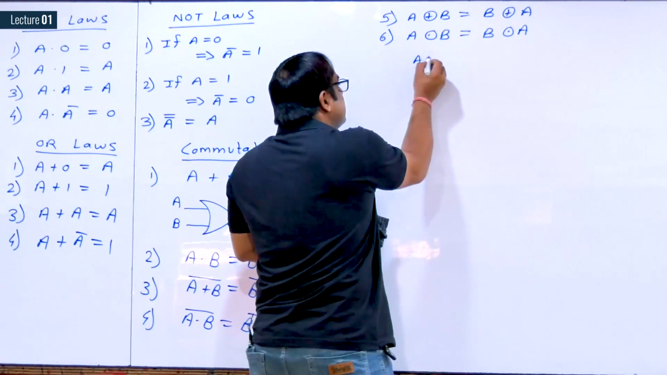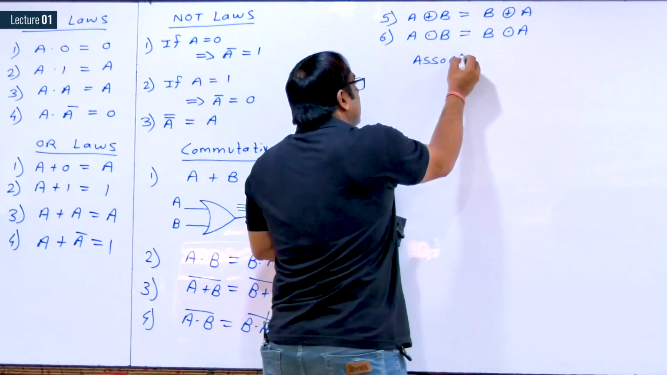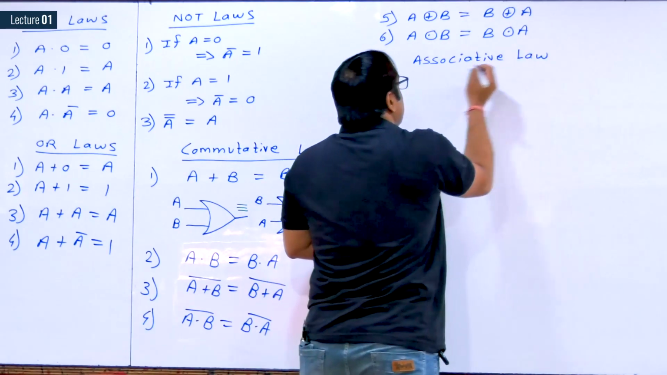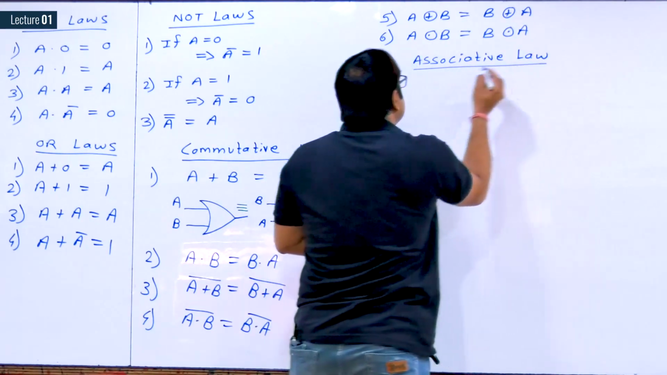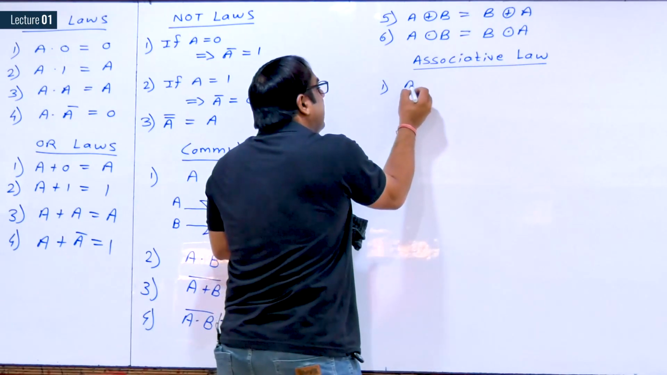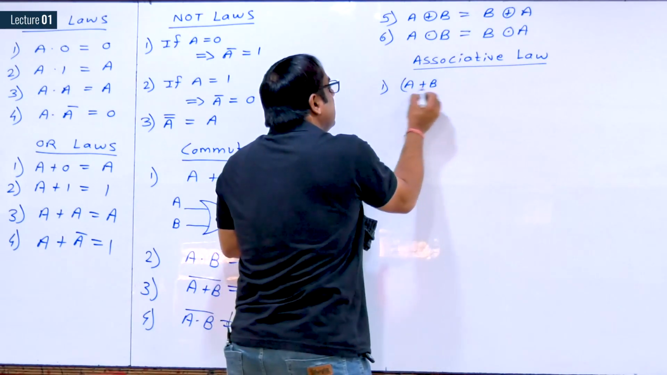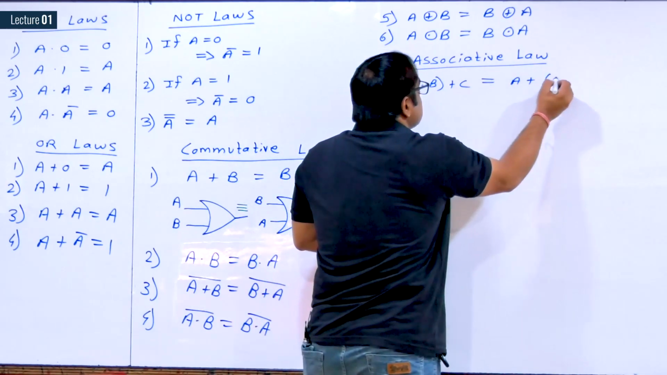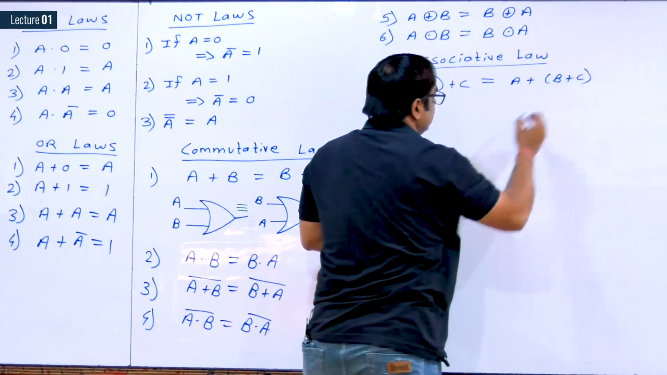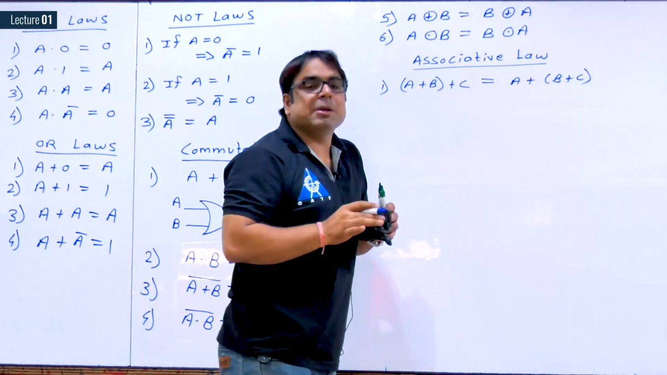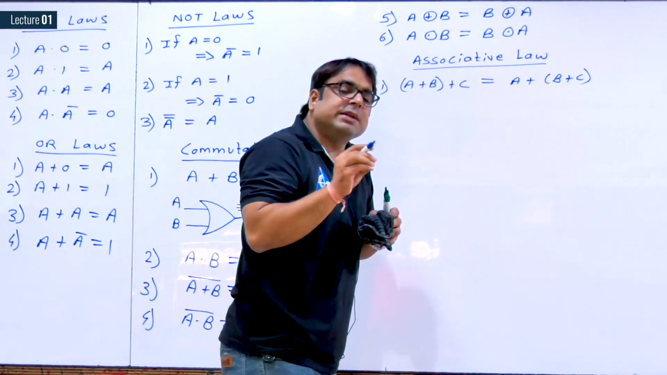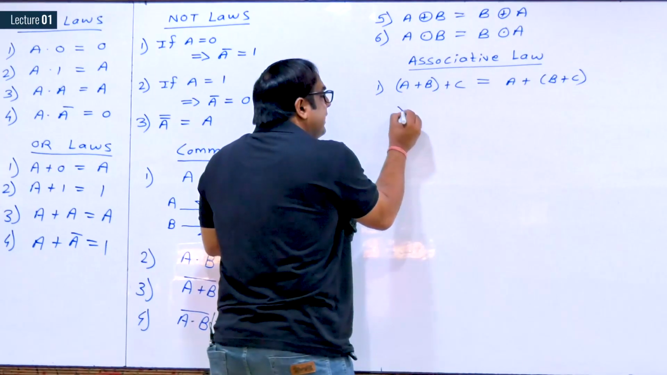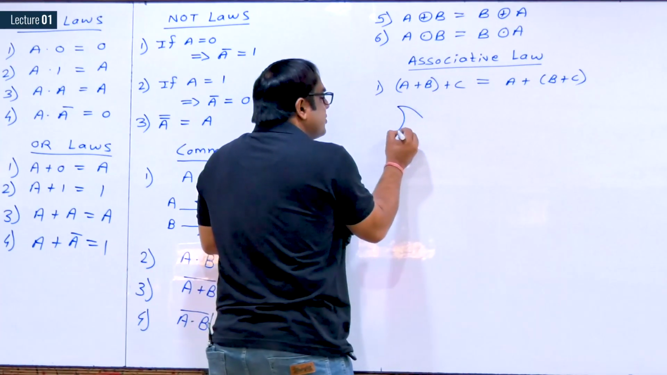Next is associative law. Associative law simply says (A plus B) plus C will be equal to A plus (B plus C). Again, law is very simple, but again we will try to understand its significance. What it is saying, that if you have three inputs,